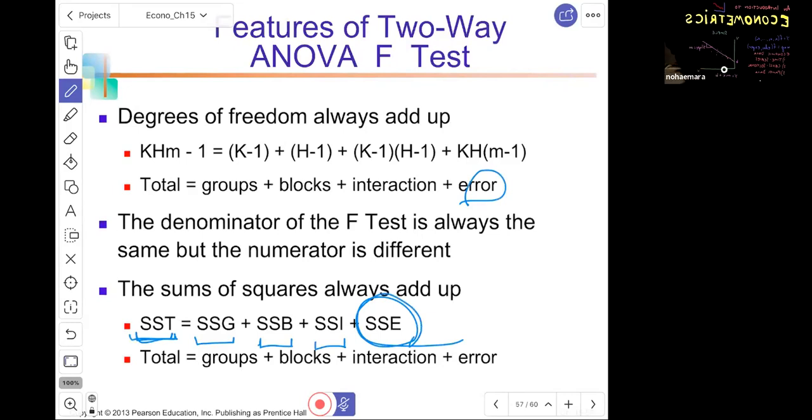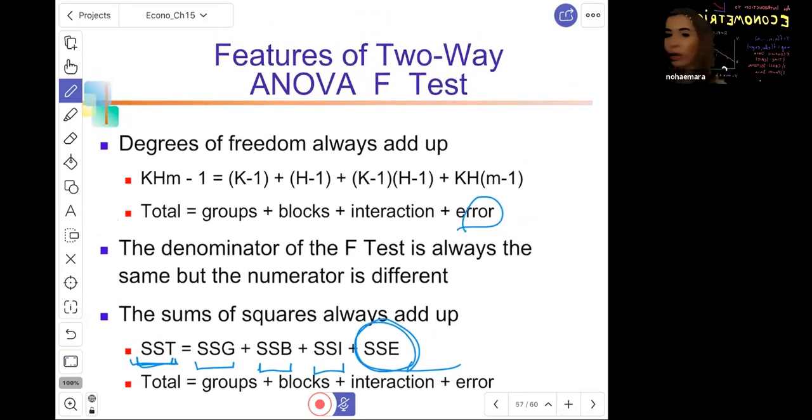All right. So let me show you how we can do that on Stata. So when we go to Stata here,